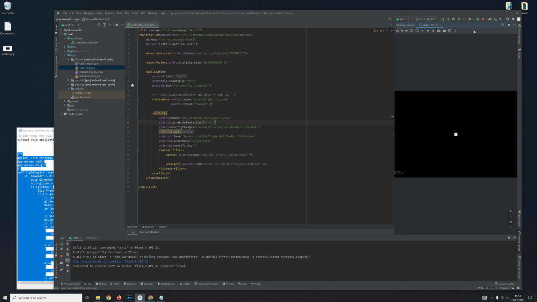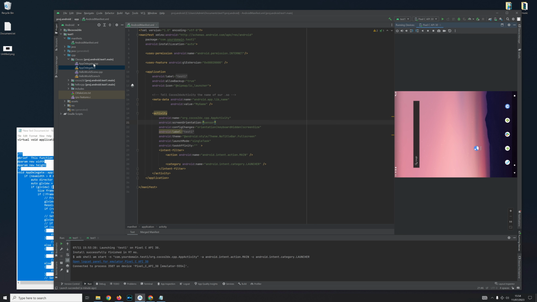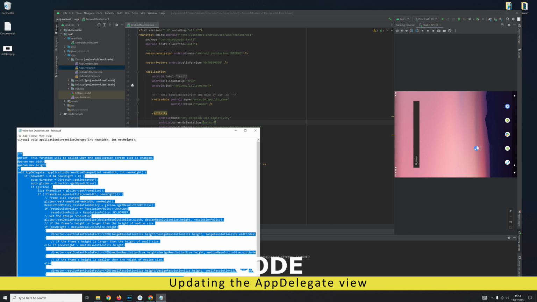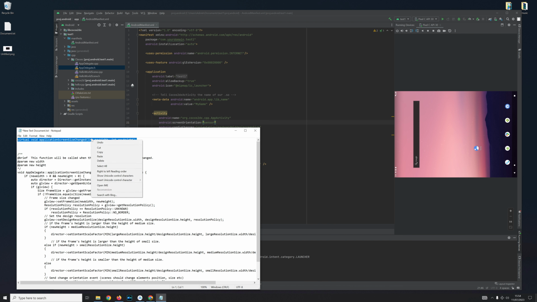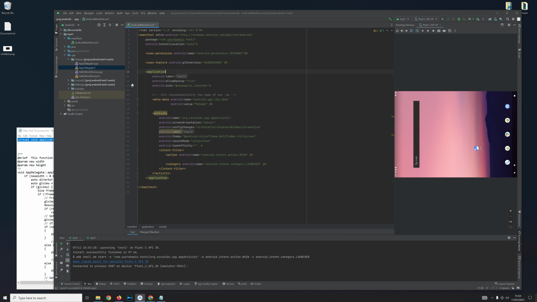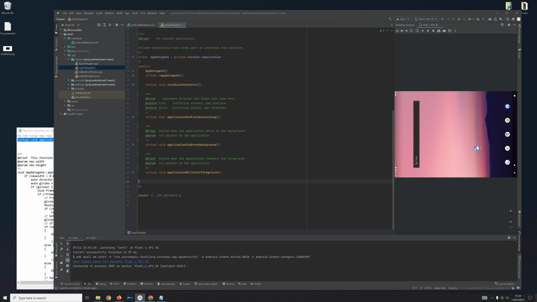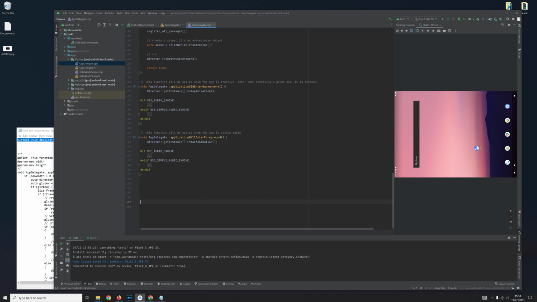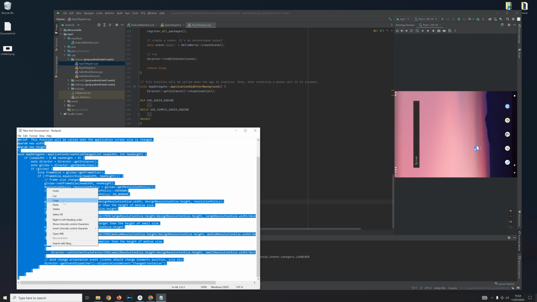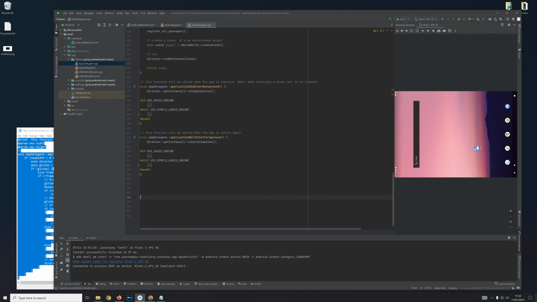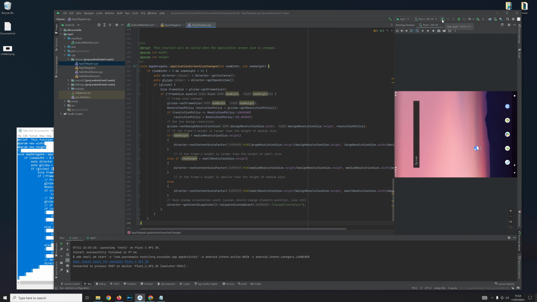So the way we're going to fix that is going into our AppDelegate part here of Cocos2dx and adding this function. I will put it in the comment section of YouTube, and I shall upload it to GitHub as well, so you can copy and paste it. We're going to copy this first part here, which is going to go into the AppDelegate.h, and we're just going to go to the bottom there and add that line of code, and we're going to go into the AppDelegate.cpp, and we're going to copy this entire function all the way at the bottom, and then we're going to rerun again,